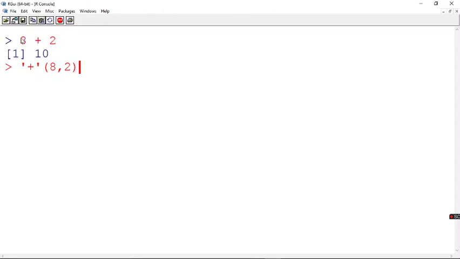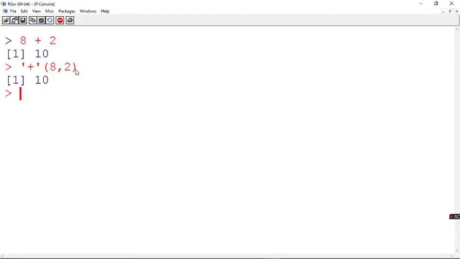When I replace the operator this way, followed by the operands, I am converting it into a function, which I call an infix function. You give the operator within single quotes, followed by the operands within parentheses, and this is how it is executed. You are getting 10.